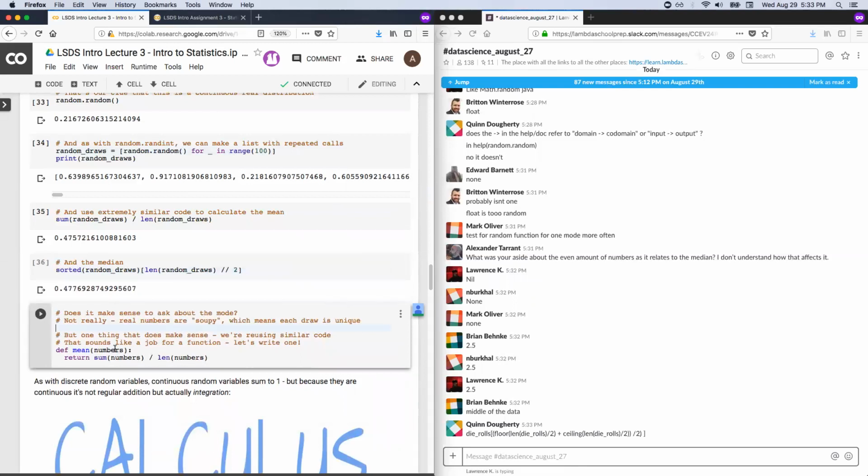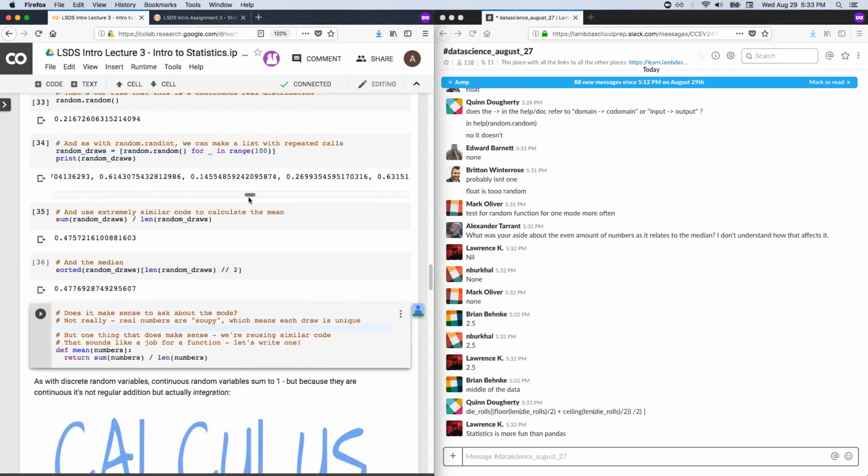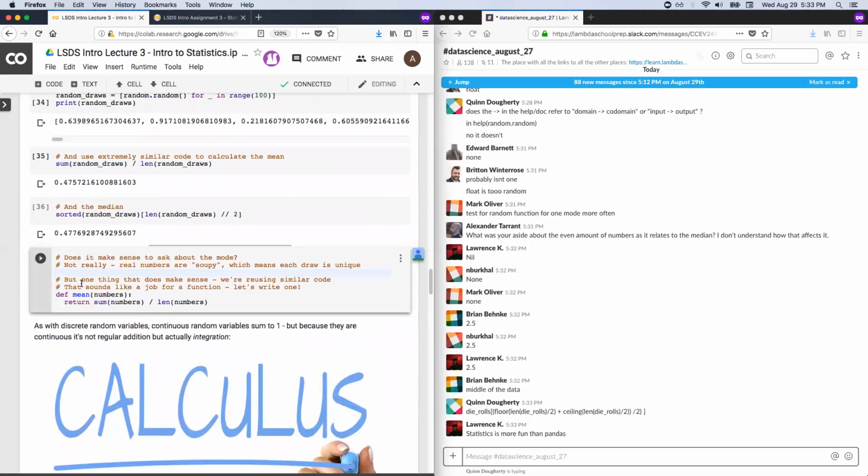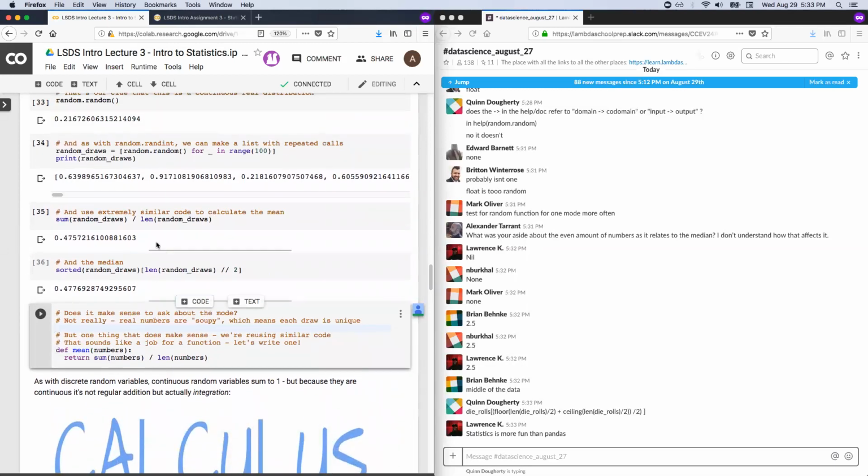All right. Now, we were just talking, though, about how mode doesn't make sense. Everybody clear on that? How every draw is unique. And when everybody is unique, nobody is, or something. Well, pandas and statistics are actually very good friends, as you'll see. So it doesn't make sense to talk about mode, but one thing that does make sense, let's go back to